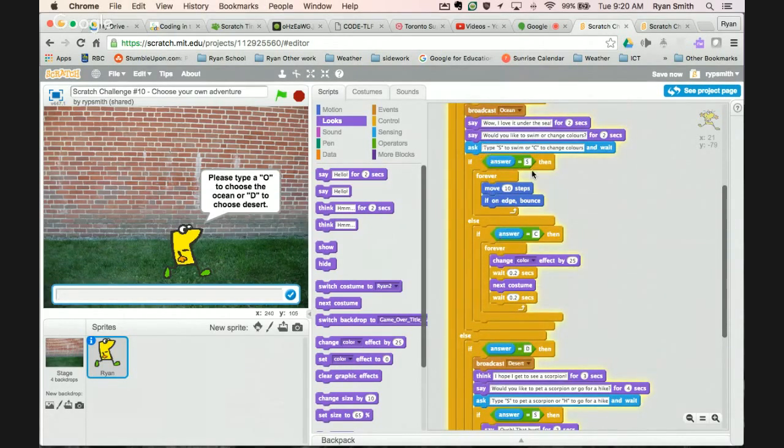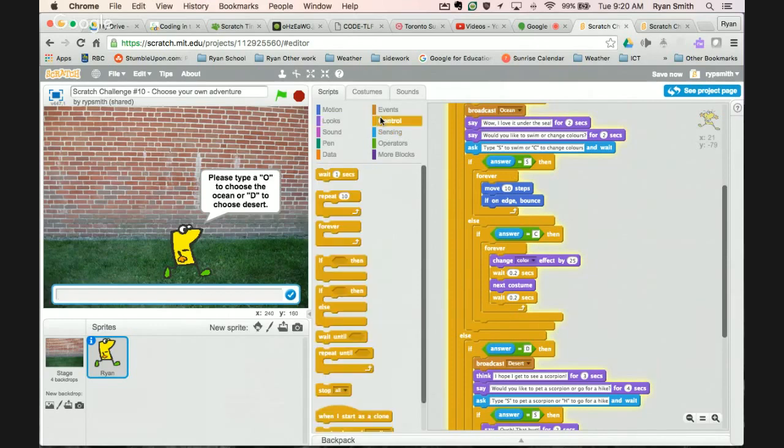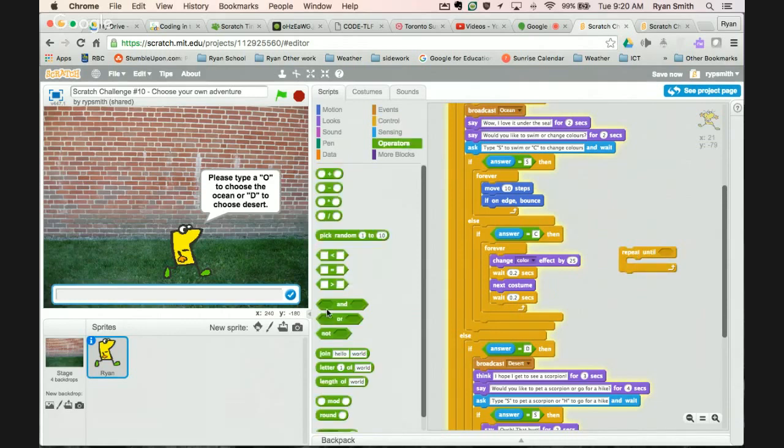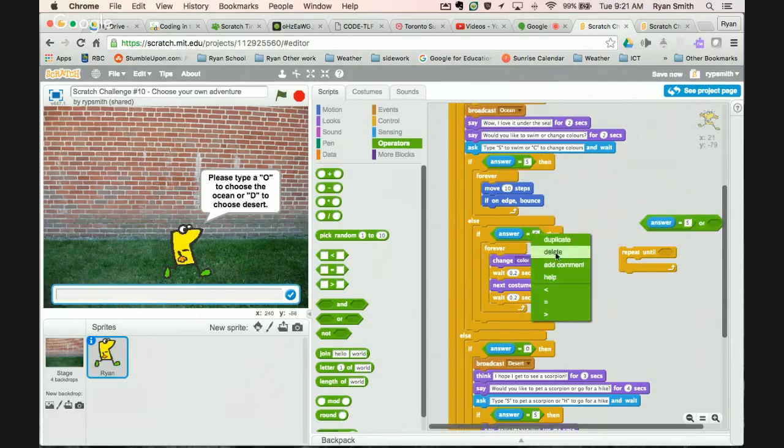Within here, we're going to ask if they're going to swim or change colors. So this is something we want to make sure we do. Again, we get our repeat until, and the operator of our or operator. And instead of building this all from scratch, you can also do a duplicate. And there gives us our S for swim and our C